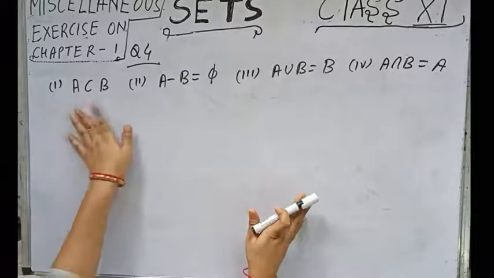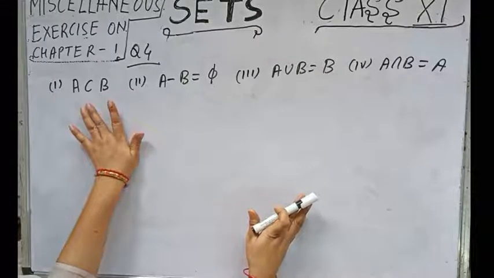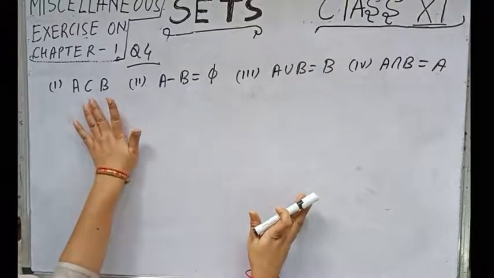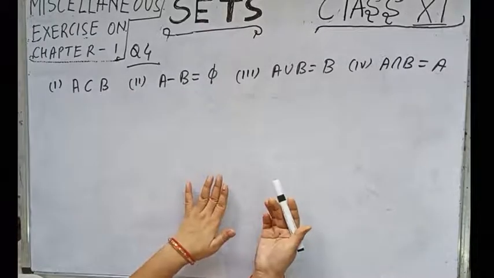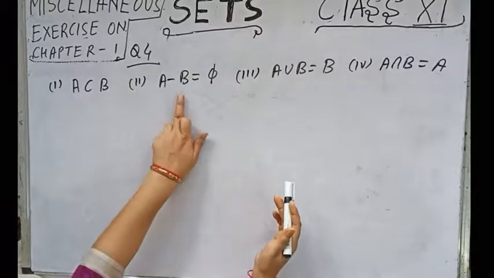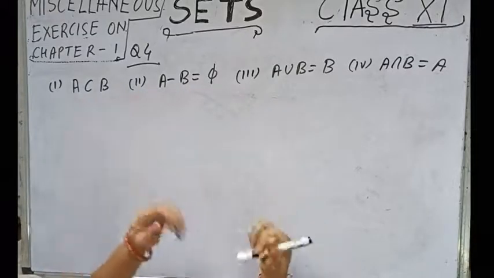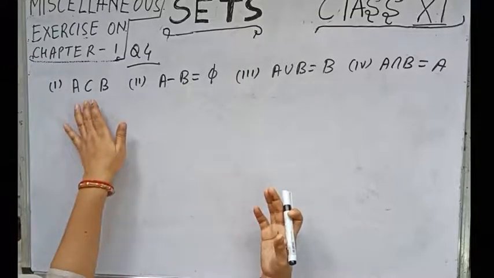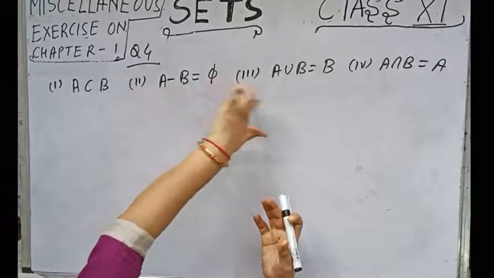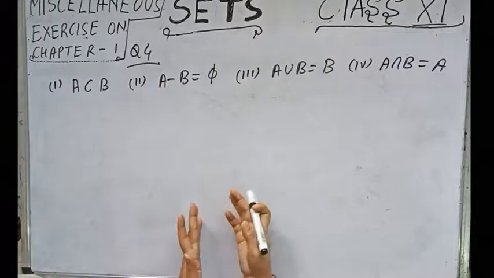Or what we can do with in pair also, we can do 1 implies 2, 2 implies 1, 1 implies 3, 3 implies 1, 1 implies 4, 4 implies 1. Like this also we can do. Or what we can do, 2 implies 1, 3 implies 1, 4 implies 1. The way you prefer, children. What I am doing over here is 1 implies 2, 2 implies 3, 3 implies 4 and 4 implies 1, and hence each imply other.